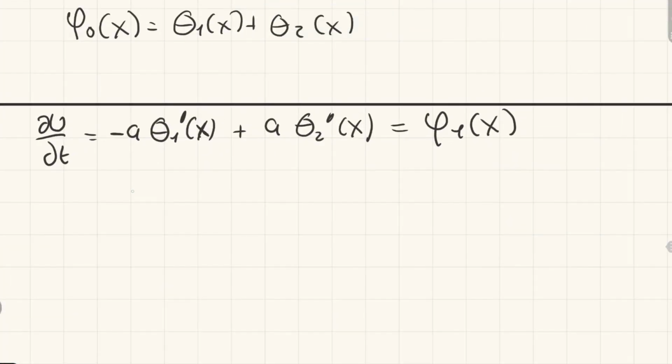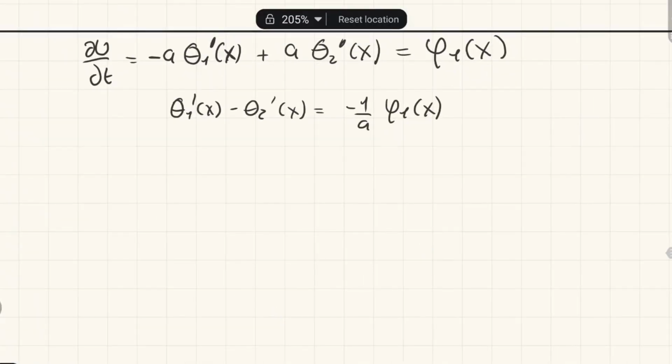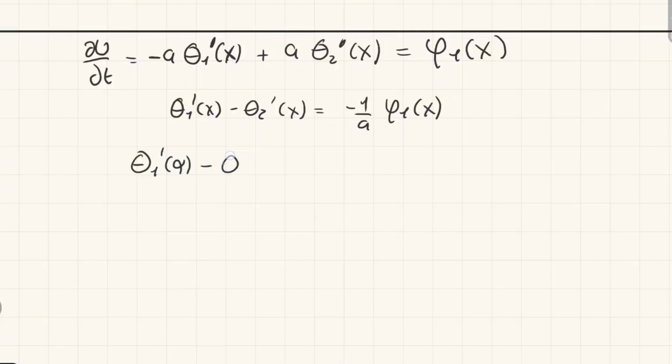Okay, so we can see this as theta 1 prime of x minus theta 2 prime of x equals phi 1 of x multiplied by minus 1 divided by a, like this. Okay, so from this equation, what we are going to do now is to introduce a new variable alpha in the next way. It will be theta 1 prime of alpha minus theta 2 prime of alpha equals minus 1 divided by a